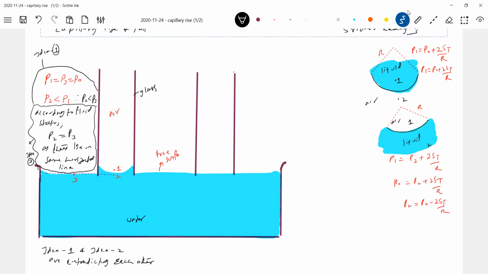So therefore, there is some problem. What is the thing? The liquid, what we assume, will not be there only. In fact, it is going to rise up here. So why will it rise up? So that pressure at 2 will become equal to P3. But practically what I see is that pressure at 3 will be greater than P2, or P2 will in fact be less than P3. In fact, this is correct. Here, this does not happen. So to make this happen, the liquid has to rise here. So the liquid will rise to a height.